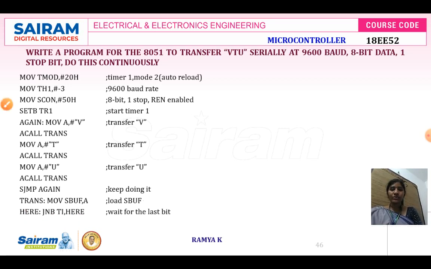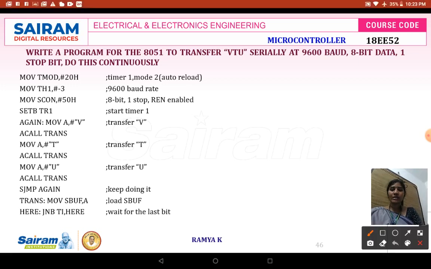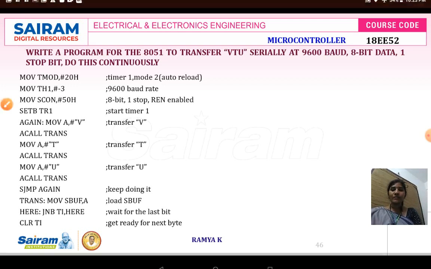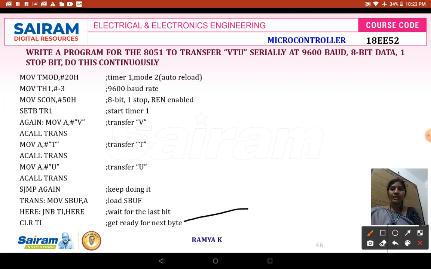Then we are going to check the transmit interrupt flag. This transmit interrupt flag is checked to identify whether the data is transmitted or not. Once the data is transmitted, TI will be set. So after the data transmission, you need to clear your transmit interrupt flag. Why? Because we need to transmit one more data. That is, continuously the data has to be transmitted.